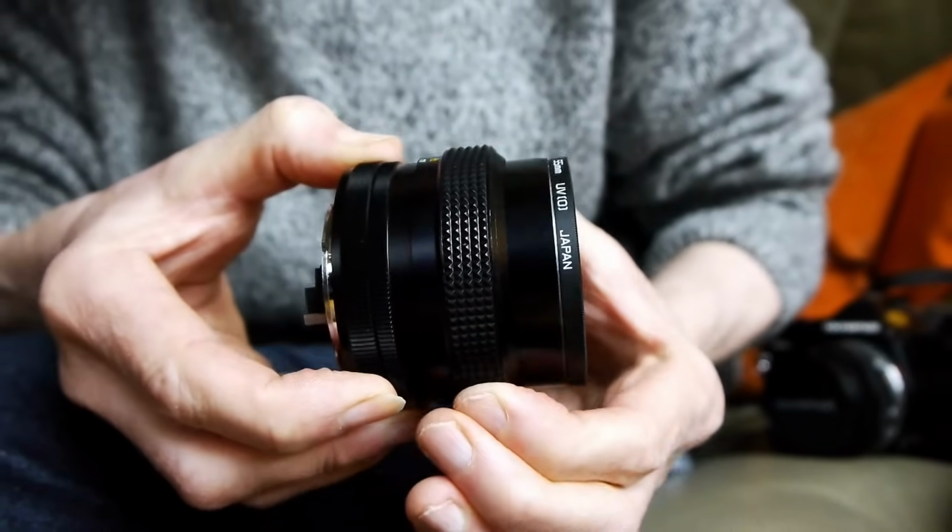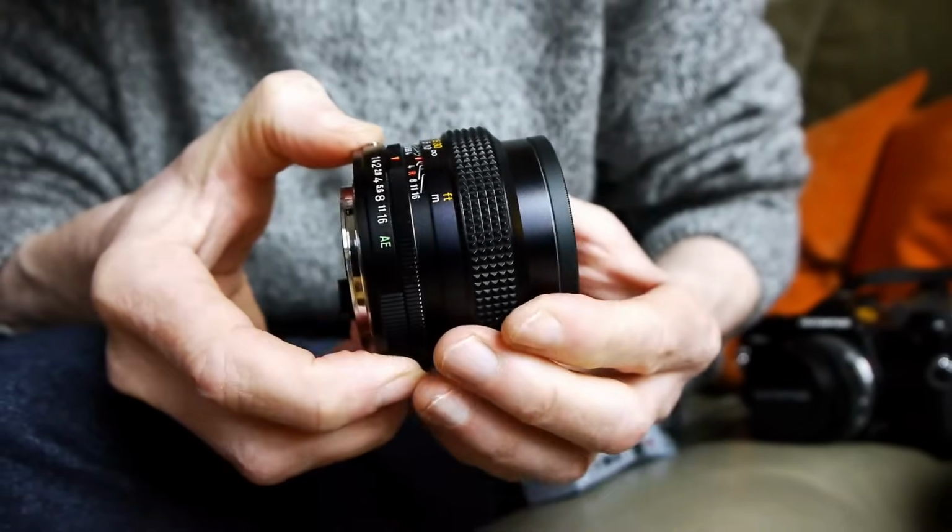As for other f1.4s, 50 or 50 odd mils, I've said no to the Olympus f1.4 because it's a 50mm and the blur can turn a little harsh now and again. It's a pretty sharp lens actually, wide open, and it does sharpen up very much if you stop it down. But because of its 50mm focal length, I've decided that I'm going to say no to that. The same with this Konica 50mm f1.4. It is a lovely lens, but it's 50mm and it's a little short, so that goes onto the no pile,